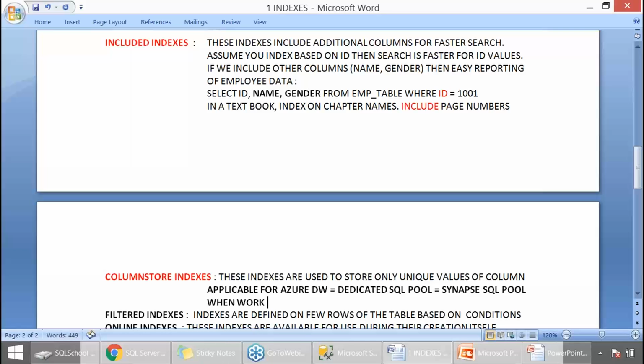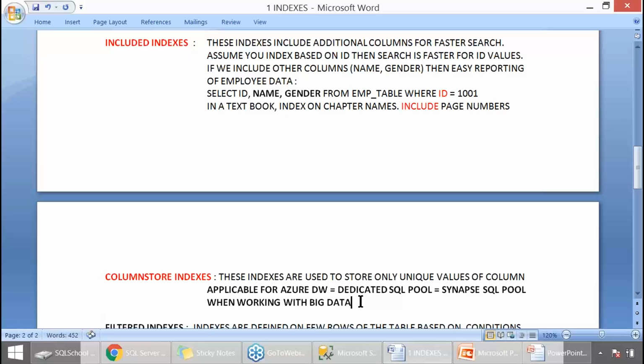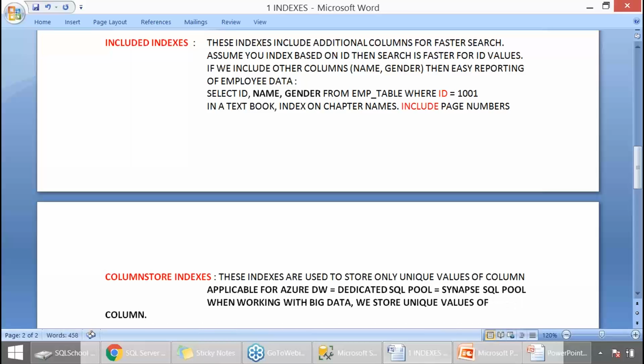Yes, when working with huge data, big data, expressed in Azure and other cloud platforms, we store unique values of a column. For example, your gender and my gender are same.